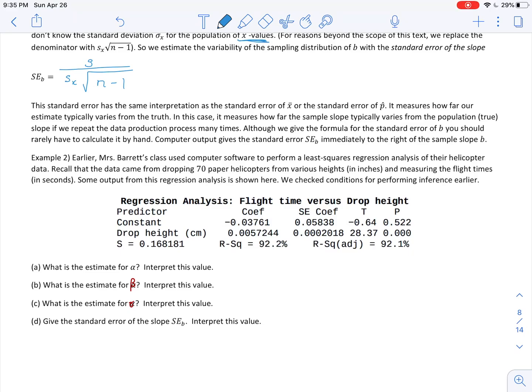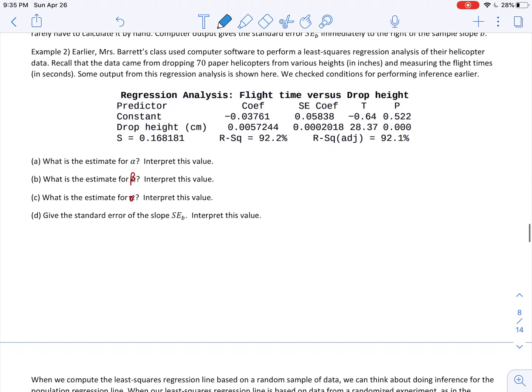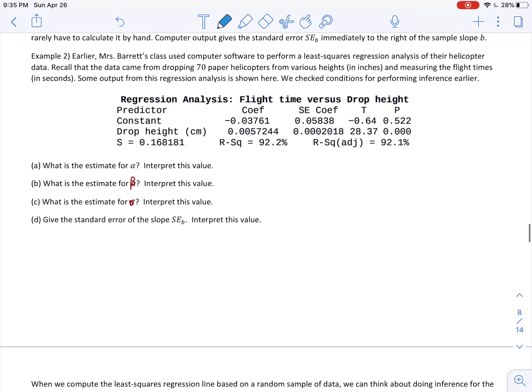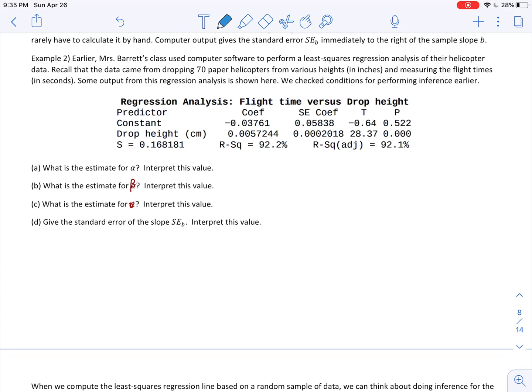So the standard error has the same interpretation as the standard error of x bar or the standard error of p hat. So we always talk about these standard errors the same. It's how far our estimate typically varies from the truth. It's how far the sample slope varies from the population slope if we repeated the data production process lots of times. Although we give a formula for the standard error of b, you're pretty much never going to have to calculate it by hand. The computer output that calculates a lot of things for us will also calculate the standard error for us, and that's really nice. It's going to be to the right of the sample slope b. So to look at what this looks like on an output,